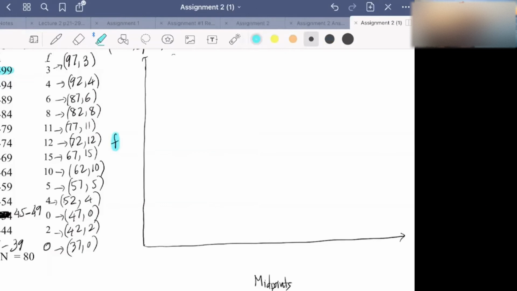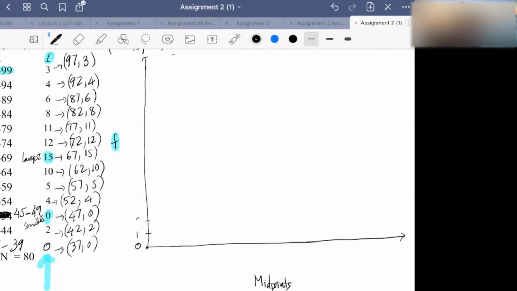If you look at the frequency column, all the frequencies here, you can see that the smallest frequency is 0. And the largest frequency is 15, right? So that means that you want to start from 0 to 15, okay? So I'm going to start listing them from 0 to 15. The 0 is at the origin here, and